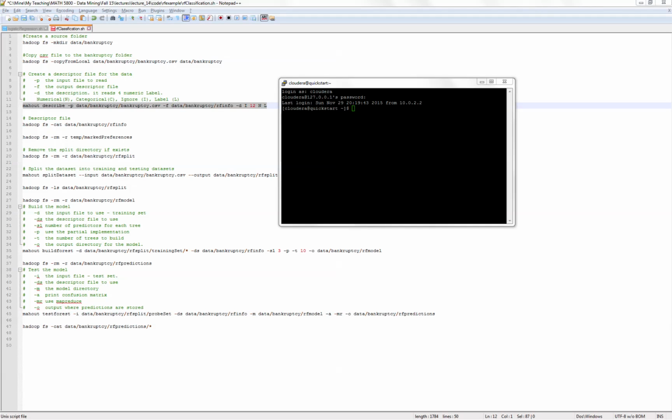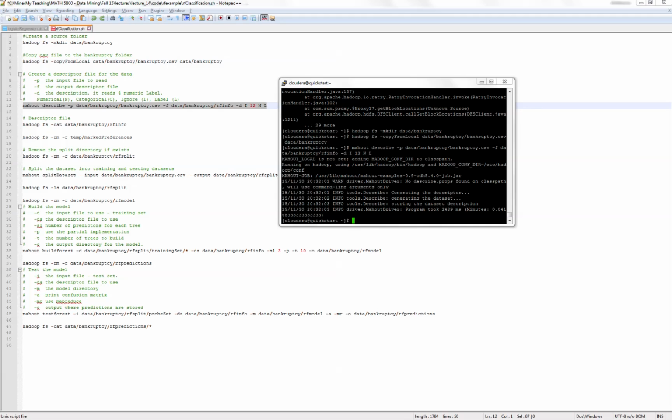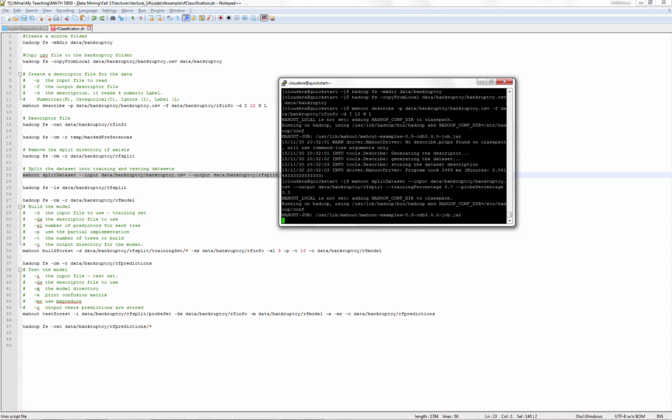Now let's try running the commands. So I have copied all the data onto Hadoop. So I start with Mahout describe. Okay, so the command is completed, and here I bypass several Hadoop commands. The next command is Mahout split dataset,